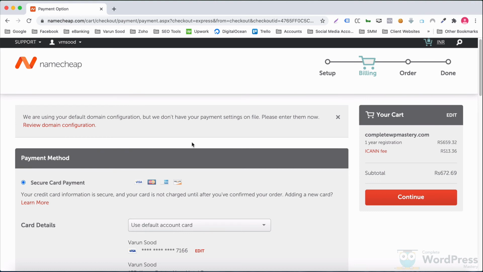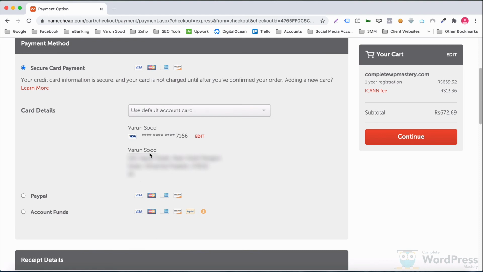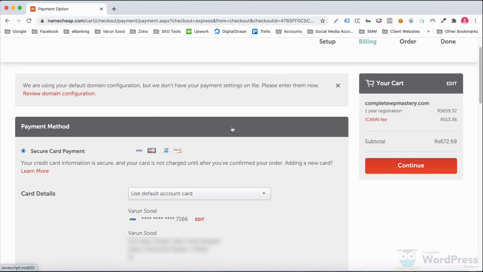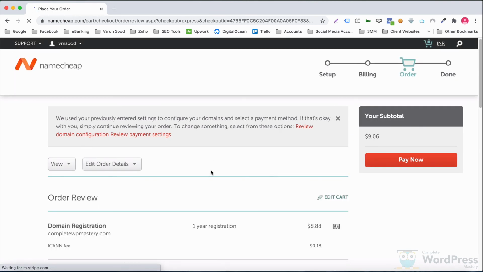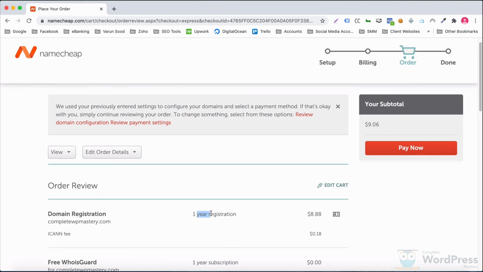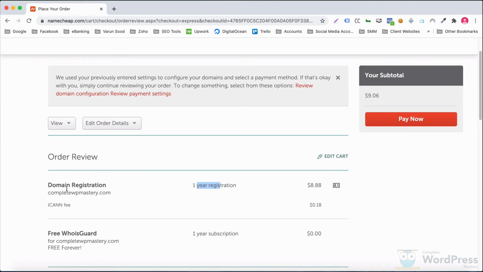So you need to select a mode of payment. I already have my card added, so I think I'm good to go. One-year registration, this is the cost. Just make sure that the spelling is correct.